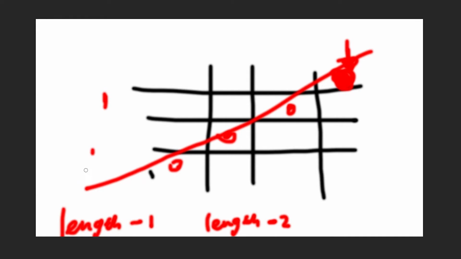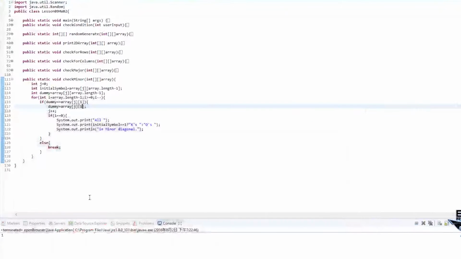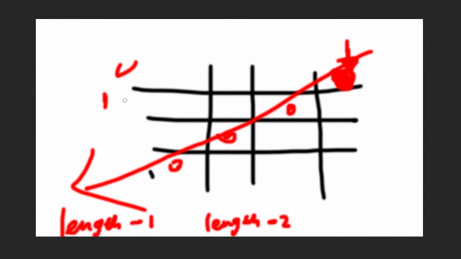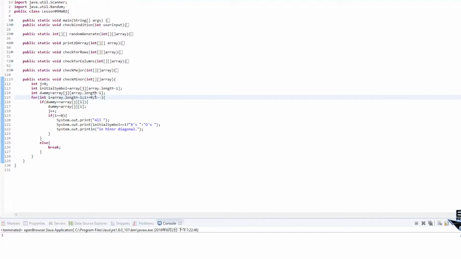So it's going to check all your minors. Like this one, your length minus 1, and then your j is minus minus. So if this one ends up at 0, 1, 2, 3, so if length is 4, then you will be 4, 3, 2, 1 as long as j is greater than or equal to 0. So at 0,